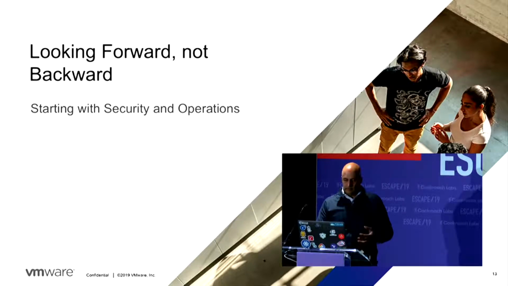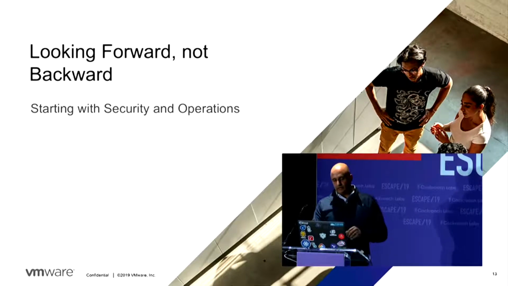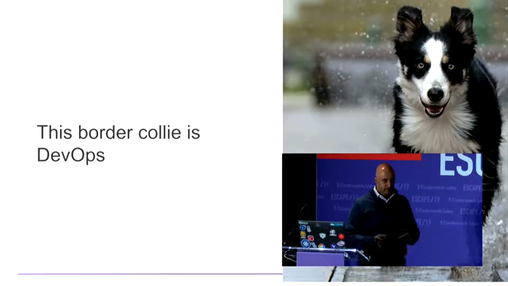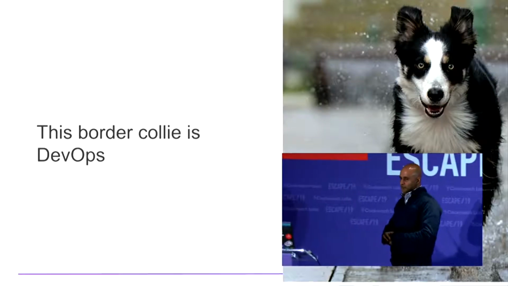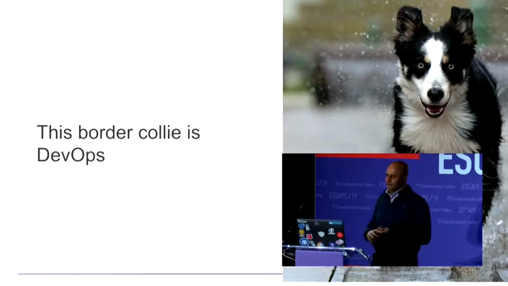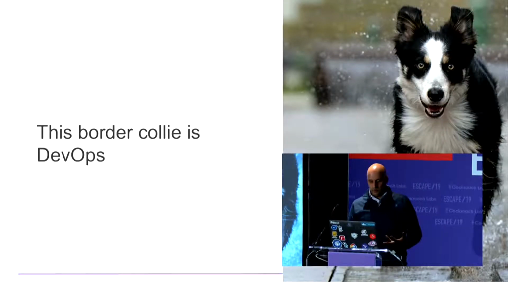And I think the best way we think about this, and I'm going to go through an analogy of why this is important, because as you actually go through and start thinking about this, this last piece is just as important as thinking about that pipeline and where you add stuff. So I'm going to do an analogy. So Border Collie is a DevOps person. And if you think about the Border Collie,